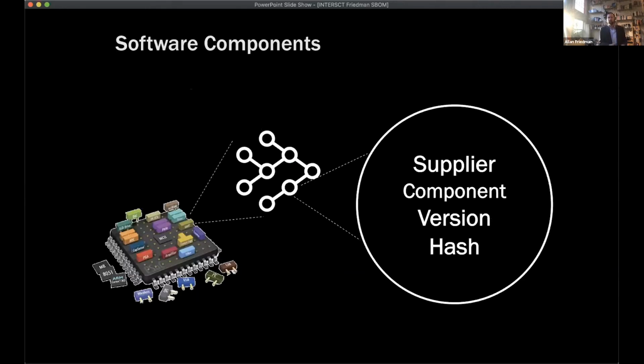Now, for each of those components that I talked about, we don't need that much information. When I go and talk to folks who are in the high assurance world, right? They're in sensitive parts of government or something like that. They say, I want all the information about every piece of software, and that's wonderful. But I'm focused on what's achievable today. And today, I think this is very achievable. Just, hey, this piece of software, what's the supplier? What corner of the open source world or what corner of the commercial world did it come from? What's the component name? What's the version, so that I know if it's vulnerable or not?